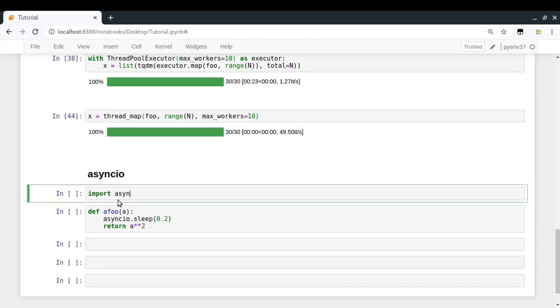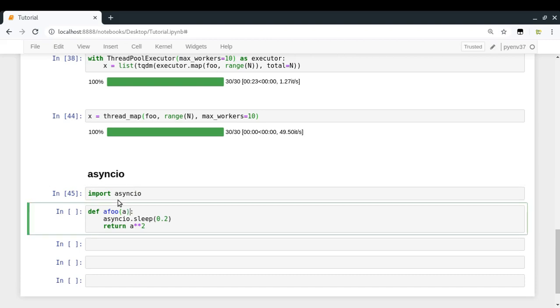So let me just import asyncio, and just make this function able to use the await. So async def foo(a), and then awaiting for this thing, and then returning the square of a. So what I have done here is that I have made this function a coroutine, and what happens is that a coroutine lets itself block its own execution, and just lets the event loop, which is responsible for running that function, go to some other function and do its job there.